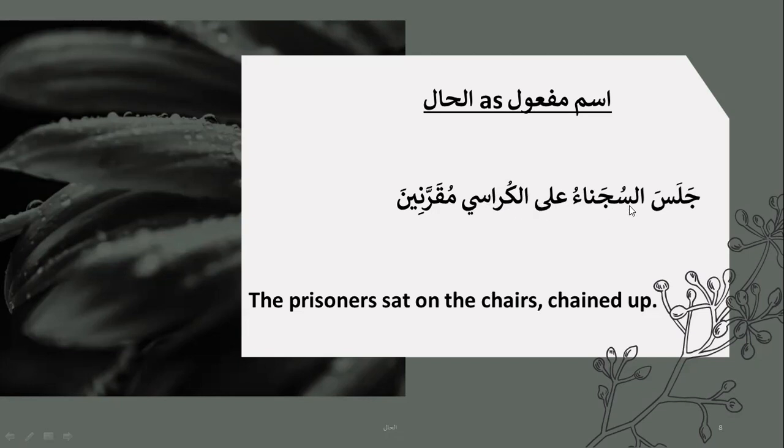So once you've found your fa'il and muta'alliq bil fi'l, mukarranina is a combination. Either it is nasab or it is jar. Now there is no reason for it to be jar, because there's nothing over here that is making it jar. I mean, kurasi is not light, so it can't be mudaf. There is no harf jar over here. So this is clearly not jar. This is probably nasab. Now the reason we said it is nasab is because we believe this is the hal.